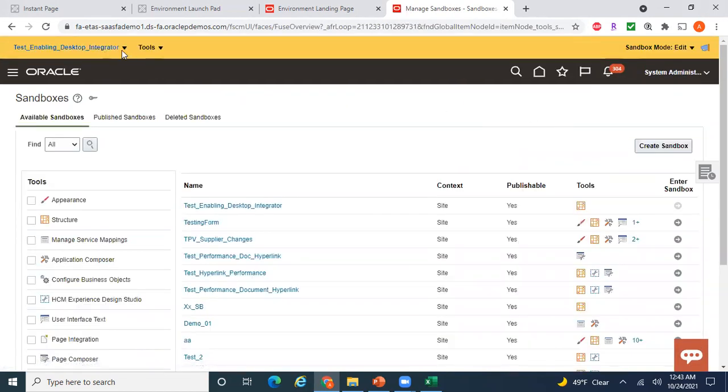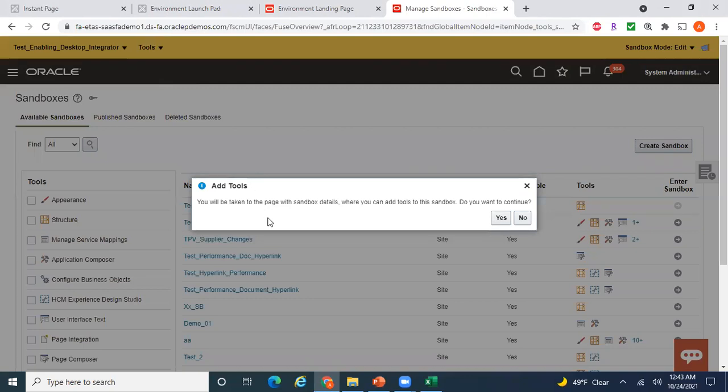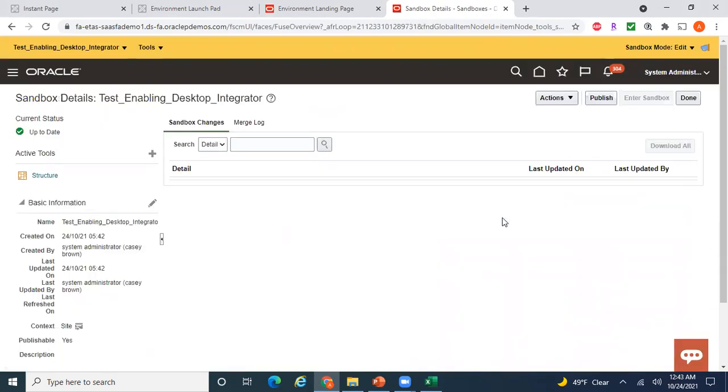Now it's in edit mode. Under tools, add more. You will be taken to the page with the sandbox where you can add tools to the sandbox. Do you want to continue? Say yes. Click on structure.